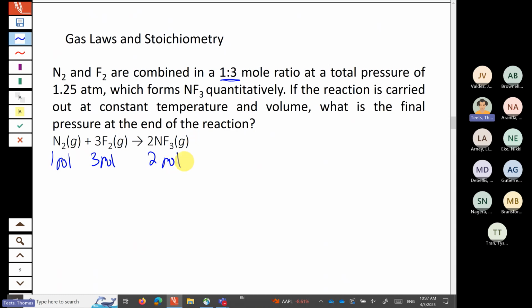Okay, so simple stoichiometry. We're told that they're combined in a 1 to 3 ratio. We gave you the total pressure initially as 1.25 atmospheres, and we just want to figure out what is the pressure at the end of the reaction. So we can just assume whatever numbers we want, as long as the ratio is 1 to 3, we'll get the same answer. So the way that we can approach this is that at the start of the reaction,